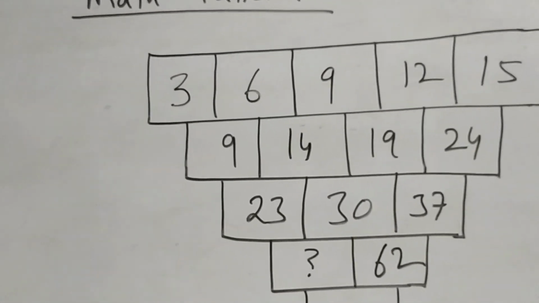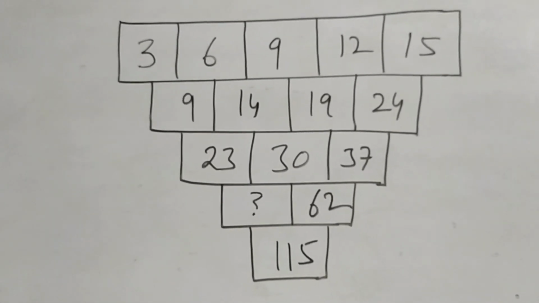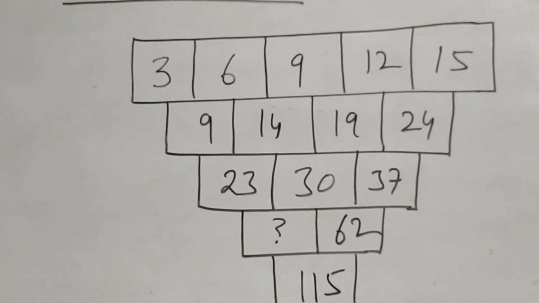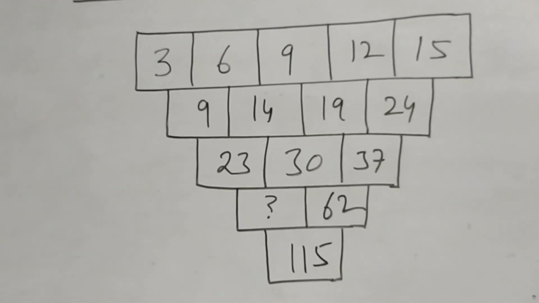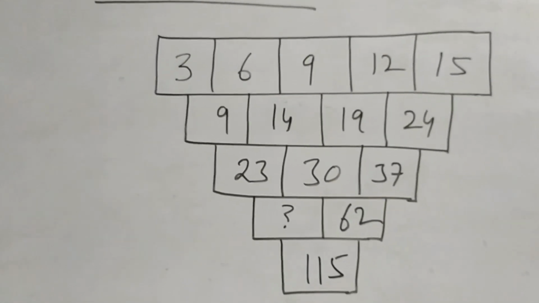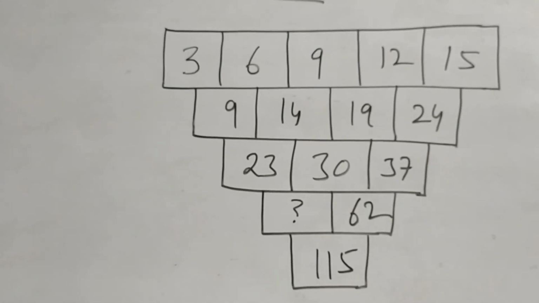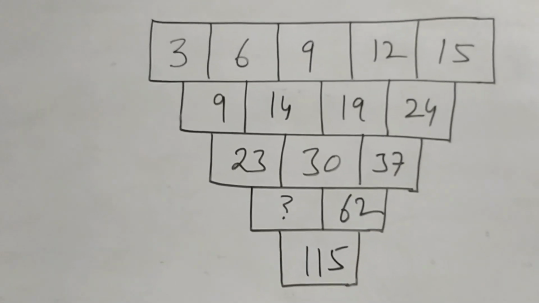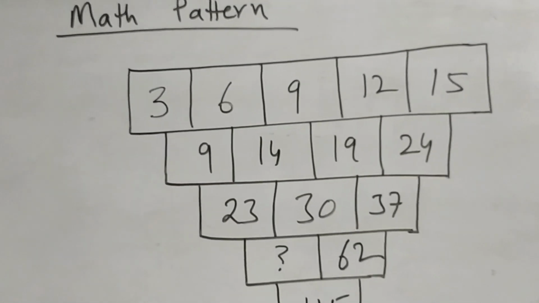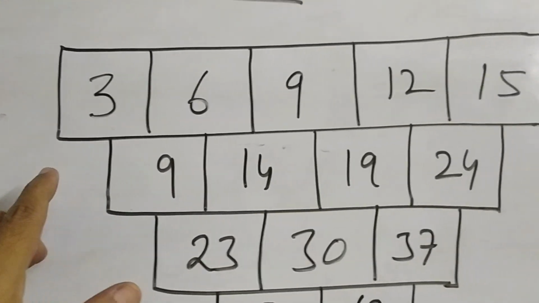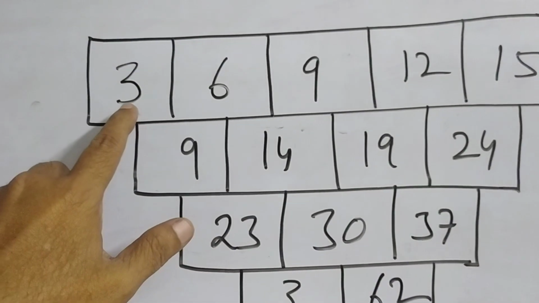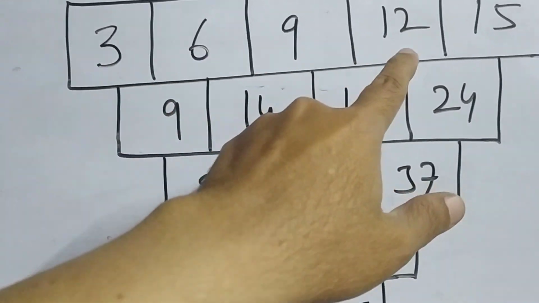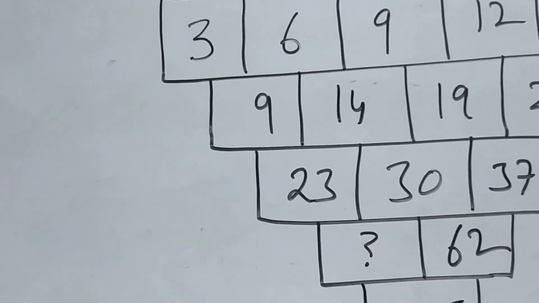Now what is the trick to solve this question? There is no formula regarding these types of problems. We have to use our brain and make a permutation combination to find which equation this pattern will have. Suppose in the first line we see there is a difference between two consecutive or neighboring numbers.